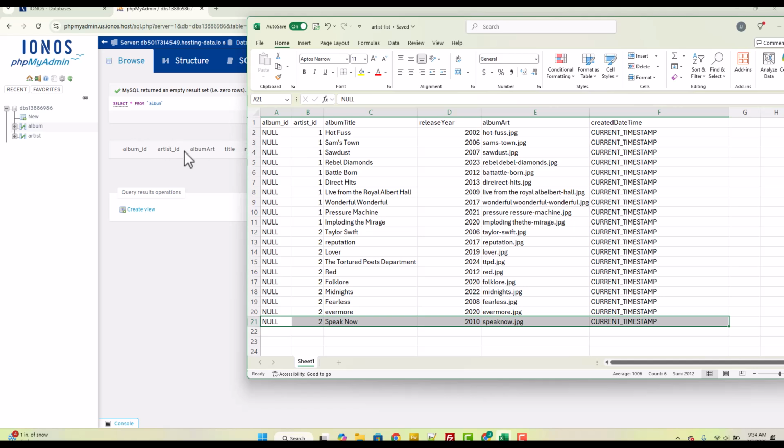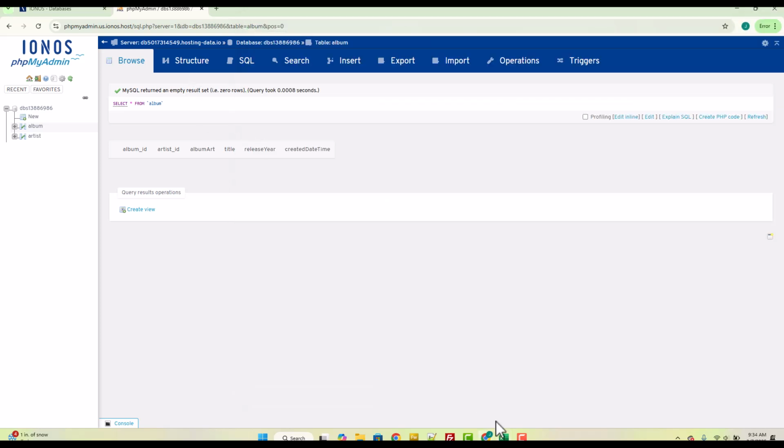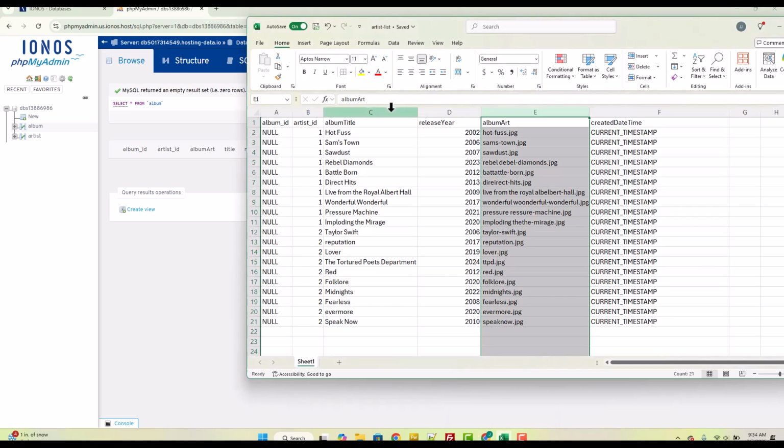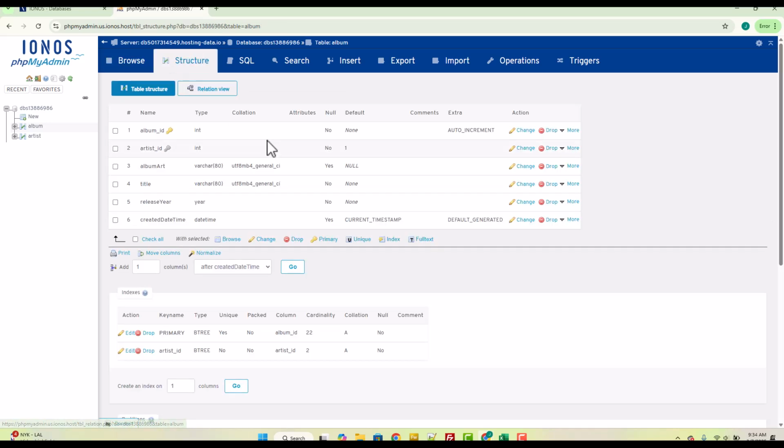So here we have album ID, artist ID, album art. Here you see we have kind of a discrepancy on where this column is. In our data, we have it after release year. So I can either go into Excel and move this after album title, or actually after artist ID, so when we do our import, the columns match. Or I kind of like the layout of the Excel file better. We've got the artist, the album title, the release year, then the album art. So if we want the album art after release year, we will need to reorganize the table over here. I believe it is in structure